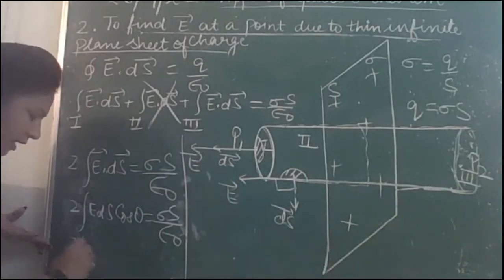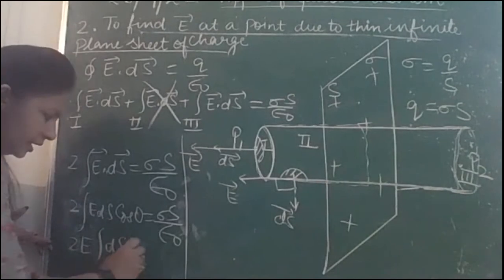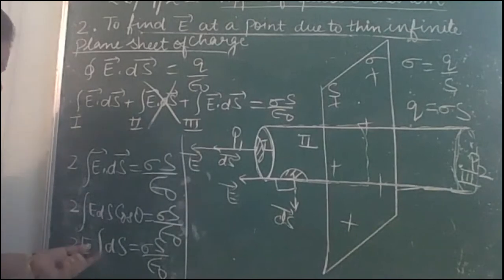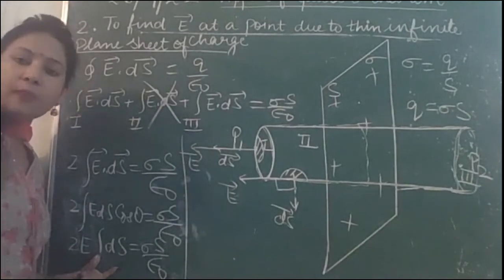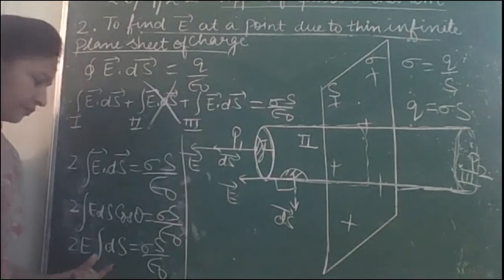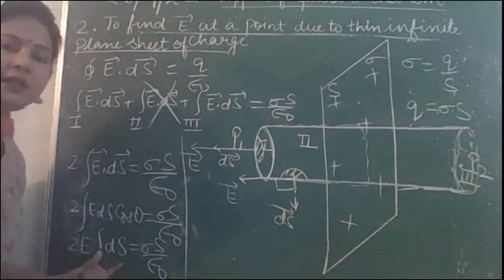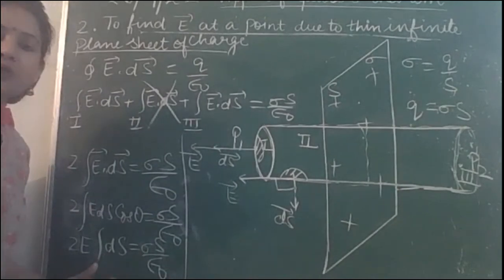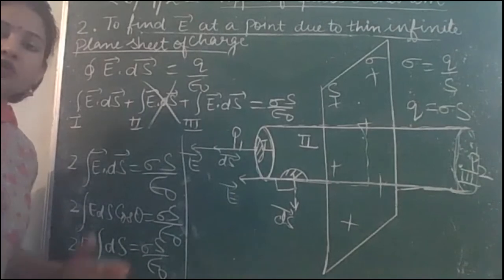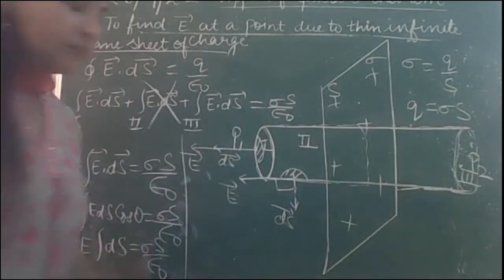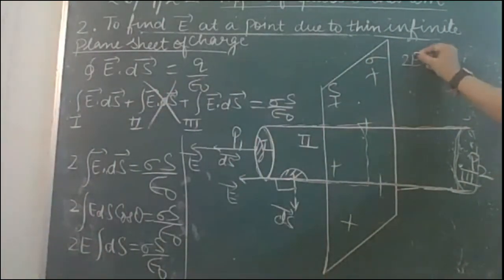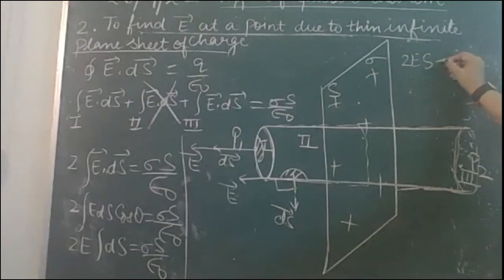So E you can take out of integral. EDS sigma S by epsilon naught. अब यहाँ पे देखिए कि if we put integral ds 2 pi rl तो that won't be wise to use. आप अगर integral ds को total area s लिख देते हो तो s will get cancelled on both sides and we'll have a simplified expression. ठीक है. So always in the derivations we try to arrive at a simple result. तो यहाँ पे हम put करेंगे 2e and integral ds is s is sigma s by epsilon naught.